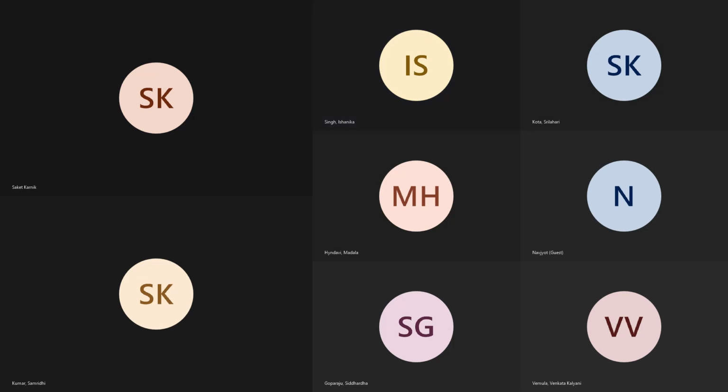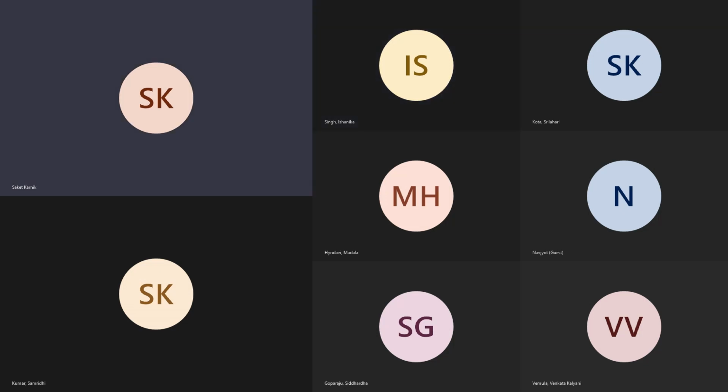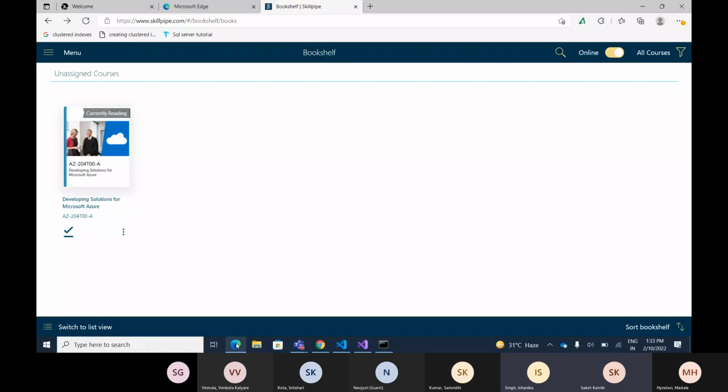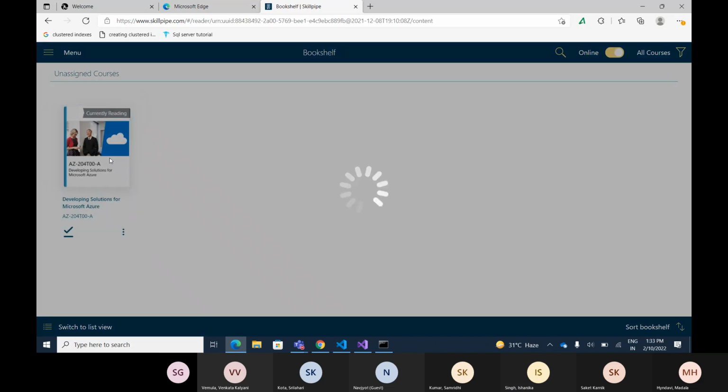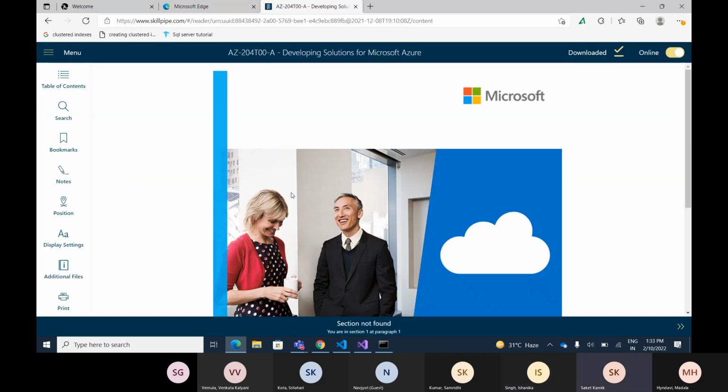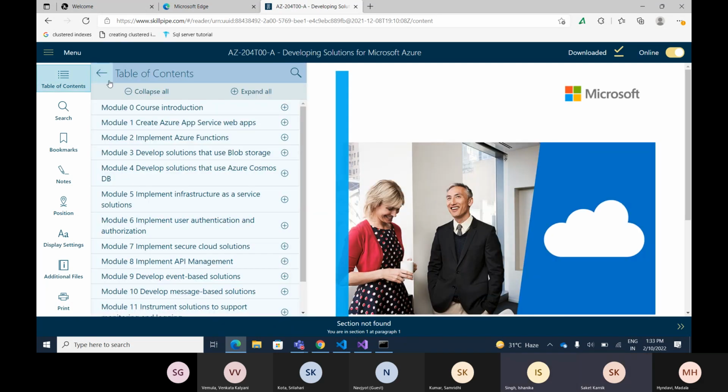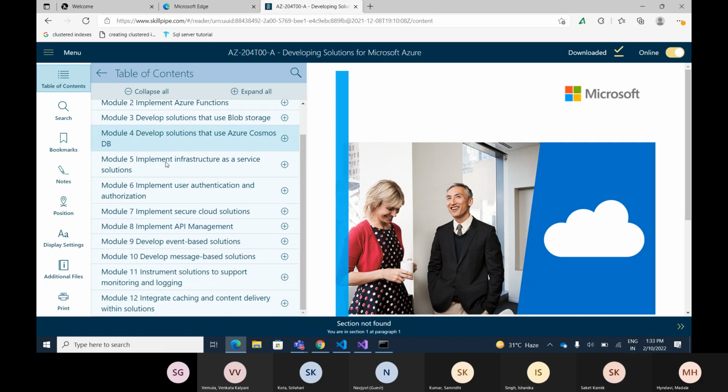Excuse me, sir. Sir, actually, only the front page of the book is opening. Share your screen, I'll guide you. The format has changed there, so there's a different way to use it. Just click on the book there. Now see on the left-hand side, you have the table of contents. From there, you can go to the different chapters. Yes, sir. Thank you, sir.